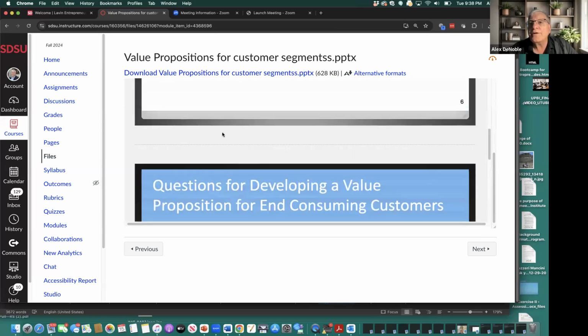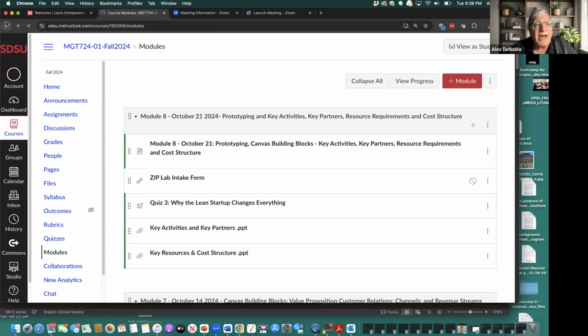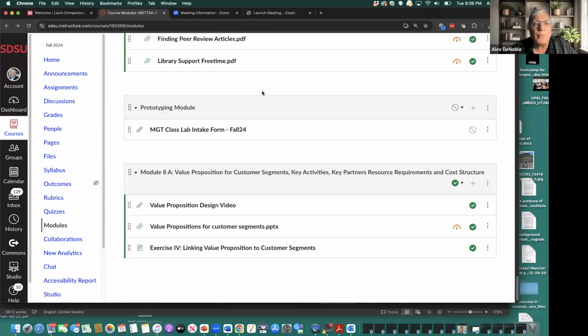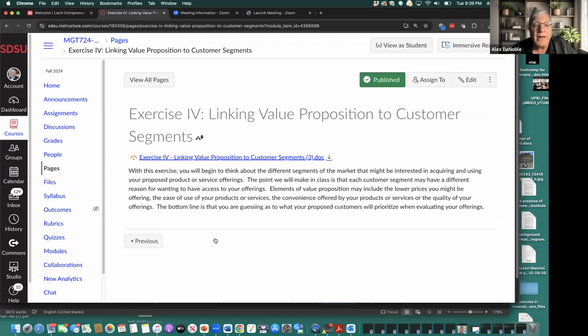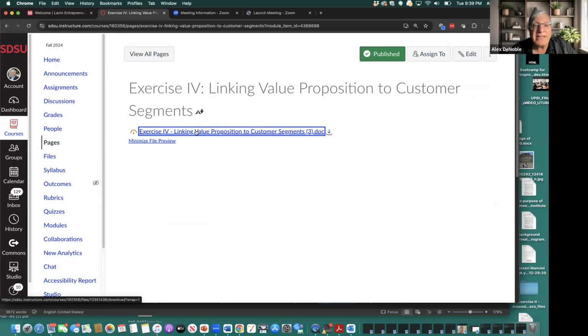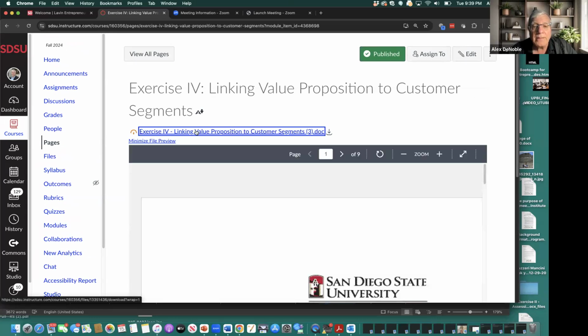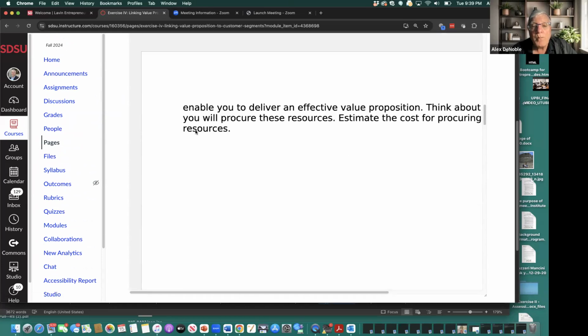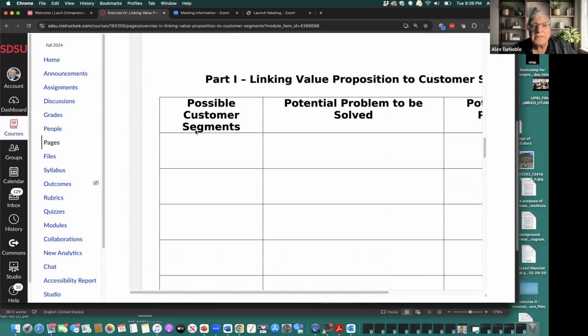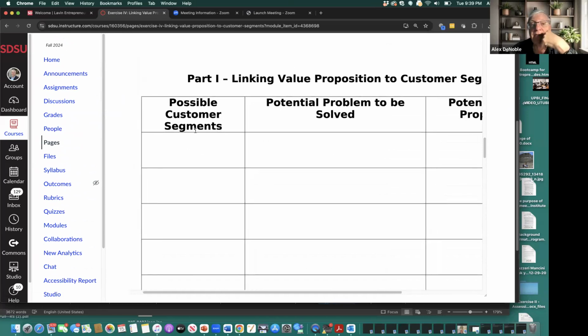So that's a short presentation about value proposition. So what I'd like you to do now is, we skipped over it in class. We did exercise 5, 6, and 7, but we didn't do exercise 4. So here's exercise 4. It's explained here. And basically what I'm asking you to do is list your possible customer segments on the left,